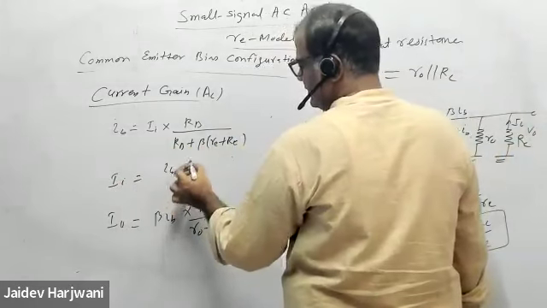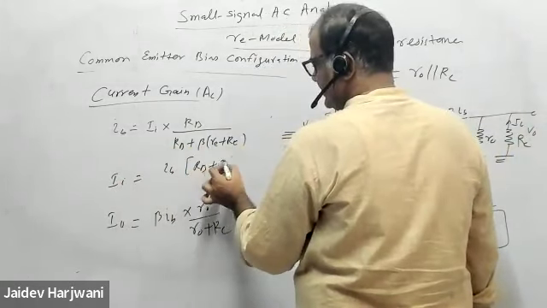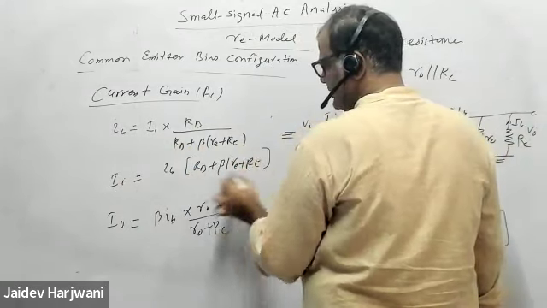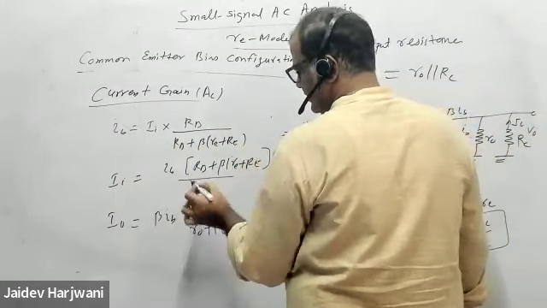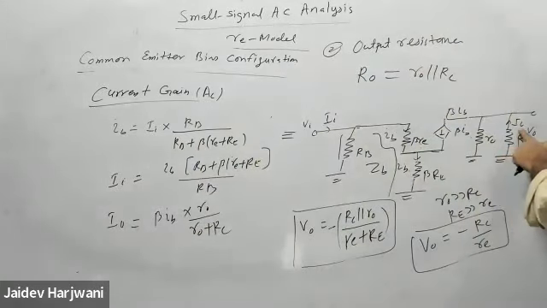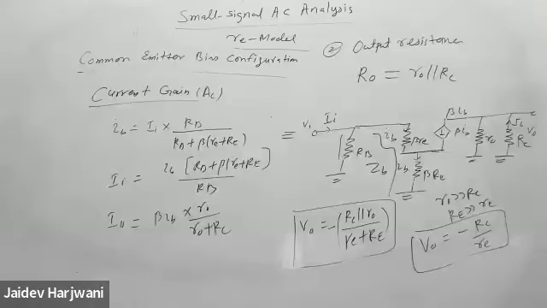IB, RB plus beta RE plus RE upon RB, and beta, and this I naught is clear. अभी क्लियर है? यस सर।